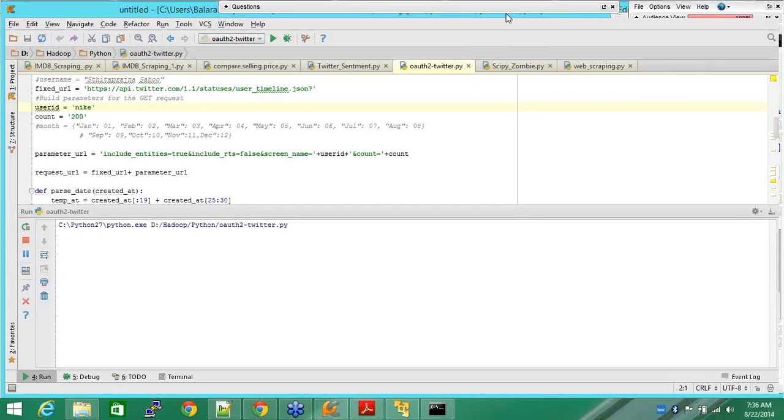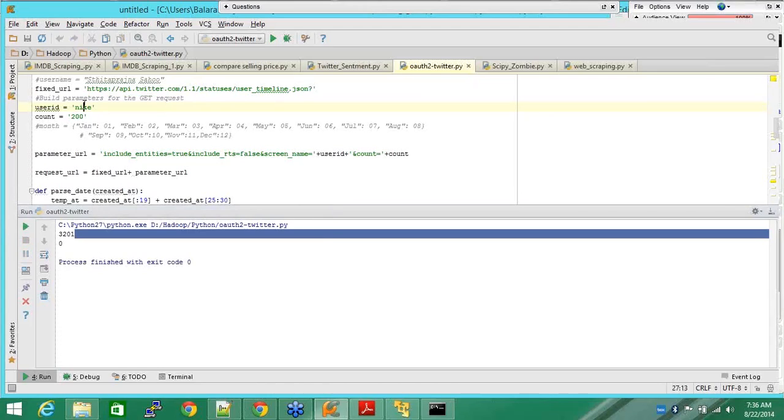Okay, so Raghavendra, to answer your question, Flume can only pull you the streaming data, whichever is there right now. But what do you do in order to pull the past data? You cannot do that with Flume. Flume is meant to give you only streaming data. And even in my program, I cannot go beyond 3,200 tweets. It's just that Twitter sells that data. Beyond 3,200 tweets, you'll have to go and buy the data. So whatever is available free,